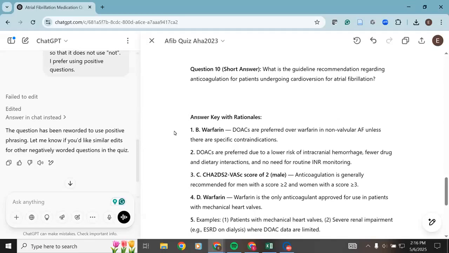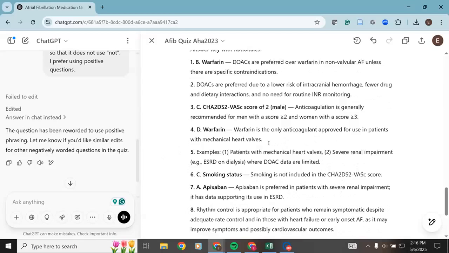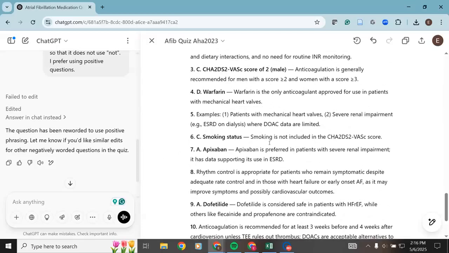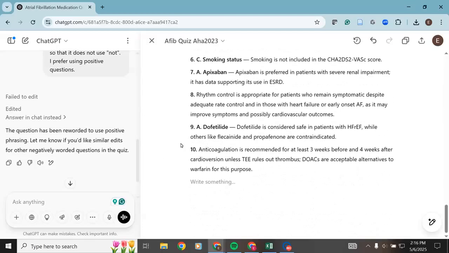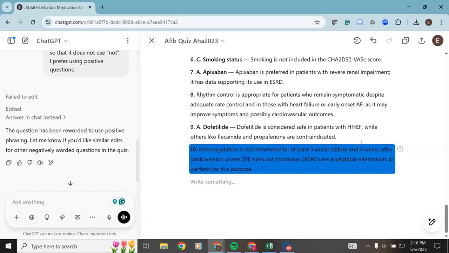You could ask it to say it a different way. But yeah, this is super easy. You can just copy and paste this into a Word document. It can also create it in such a way that you can upload it as a quiz in Canvas. I have never done that before, but that is an option. And then you can go in and edit any of these,